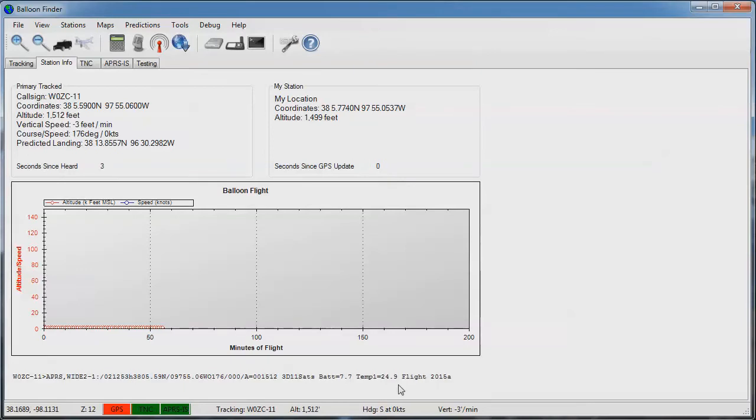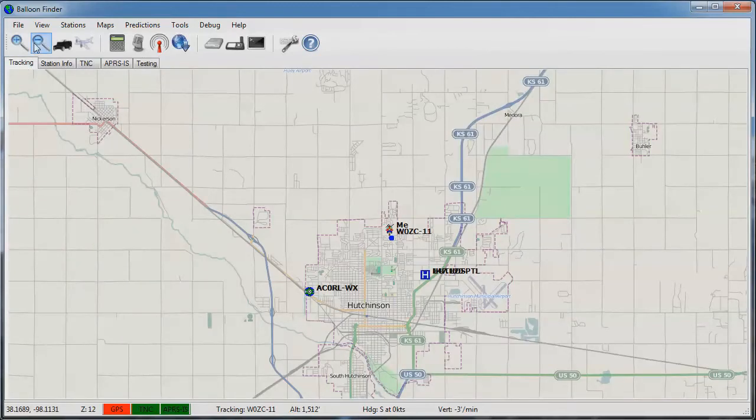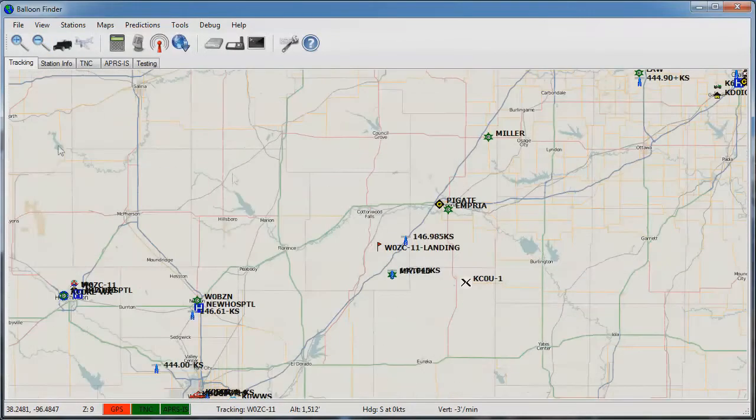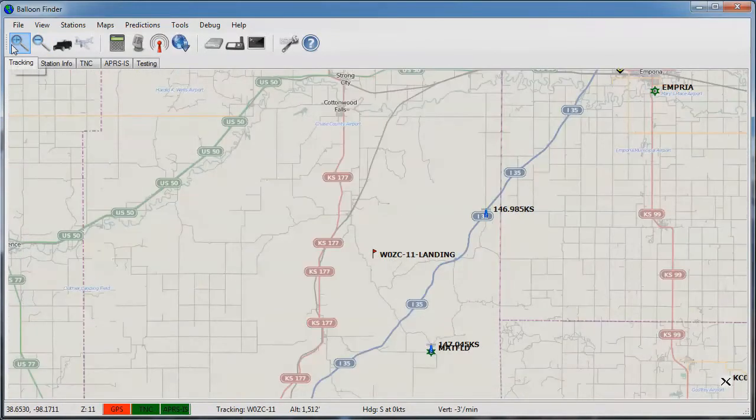As I alluded to before, Balloon Finder is constantly running predictions of the flight throughout the flight. Here are the lat-long coordinates of the predicted landing spot. If we go back over to the Tracking tab and zoom out, we can see over near Emporia we have a W0ZC11 landing spot. This landing spot is produced based on the National Weather Service's GFS sounding reports that are downloaded